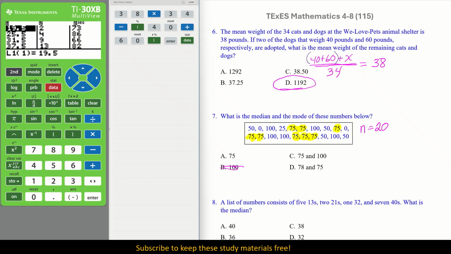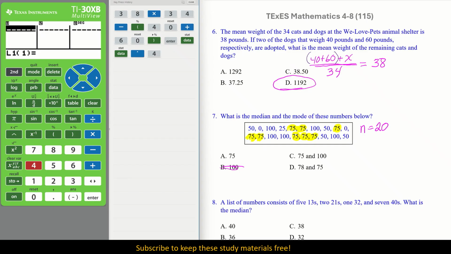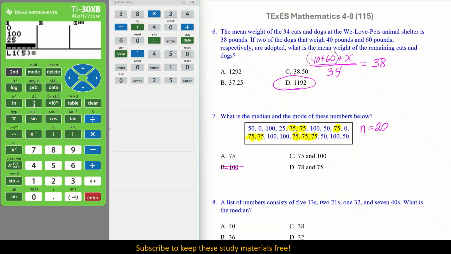So let's see. Let's clear out our list. We don't need to go back and use those, so we're okay. Push data again. Remember, go up. You see that number 4? They're all cleared out. So clean slate. So let's start entering. 50, enter, 0, enter, then 100, and 25, then 75,